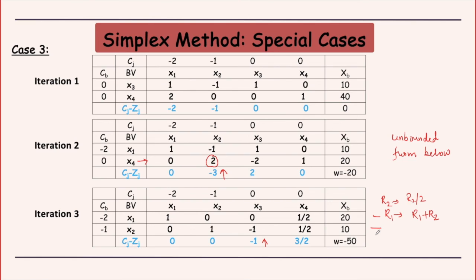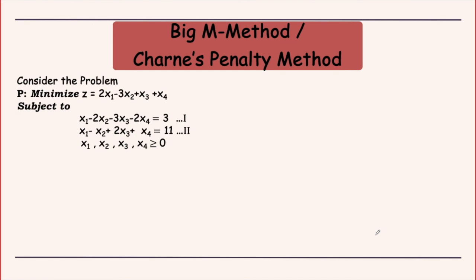Then I had prepared something regarding this method when you have artificial variables. So do you want me to discuss this, or are you clear with the artificial variable concept? No, ma'am, please. Okay, so this method which you have been taught in class is called the big M method, because you use an M for the coefficient of an artificial variable, and it has another name given by Charnes. The Charnes penalty method is the other name.